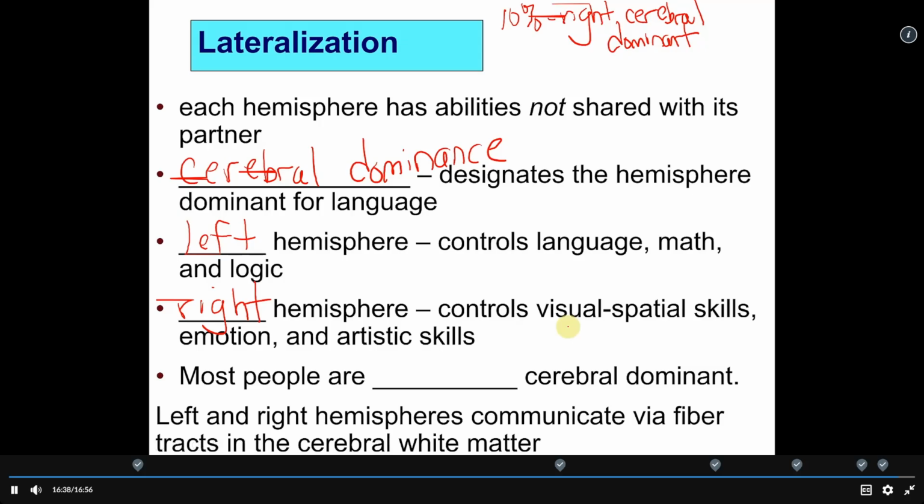Sometimes people in the past have called this cerebral confusion, these people who are right cerebral dominant, but there really isn't any confusion. It's kind of a biased term. Although sometimes there's a slightly higher incidence of dyslexia in people who are right cerebral